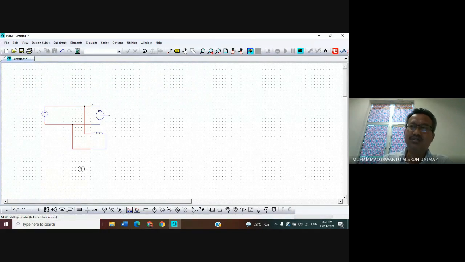To change to the vertical position, just right click. We can change the position like this, and then place it like this. To cut it, just click menu bar Select. And then we need the current meter.